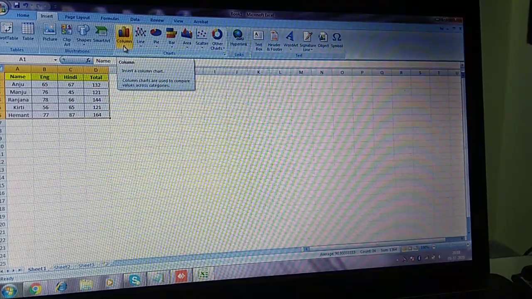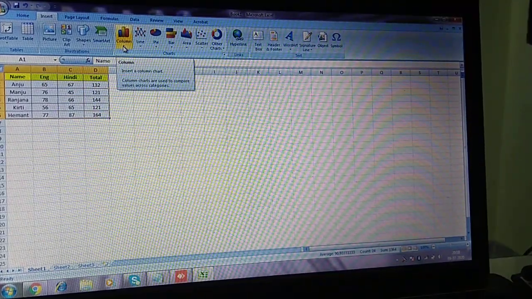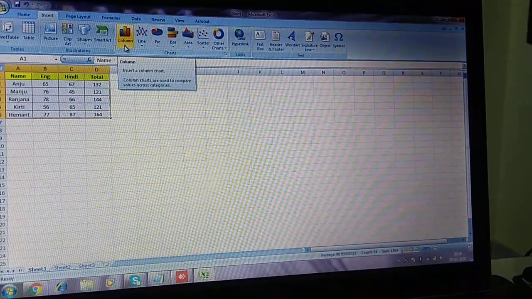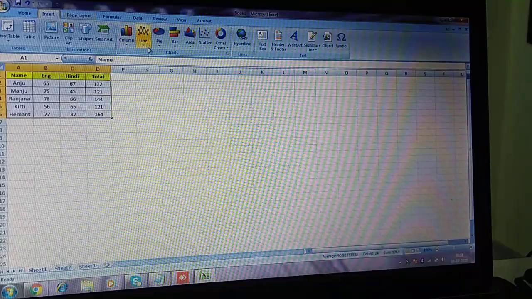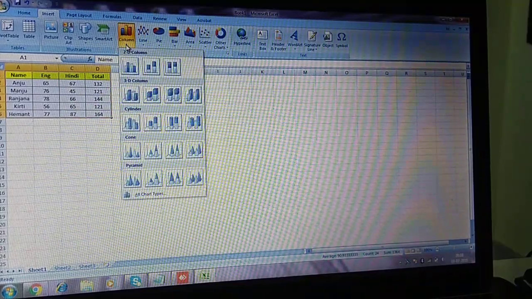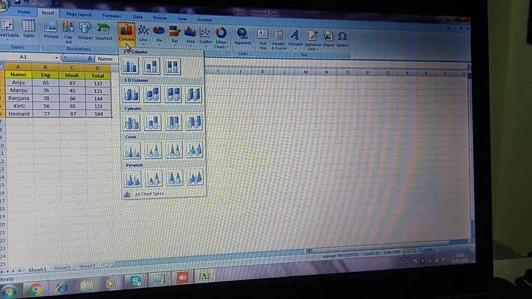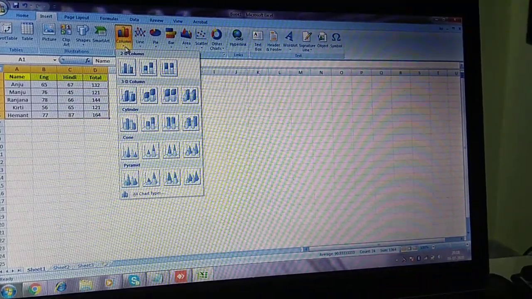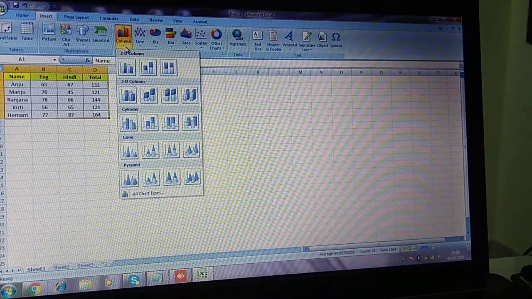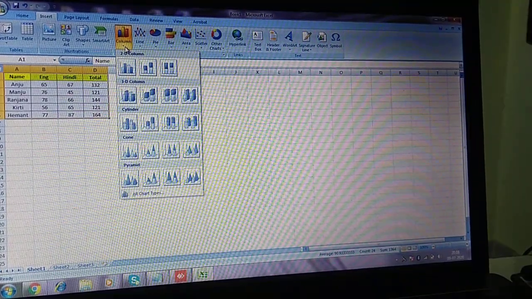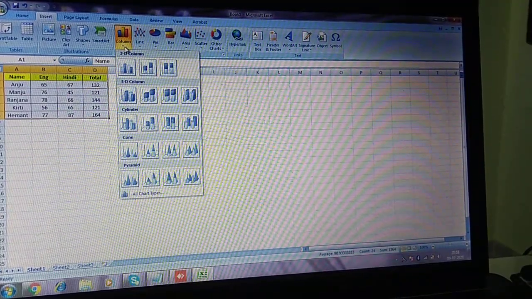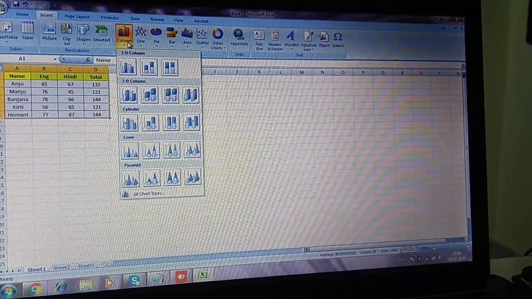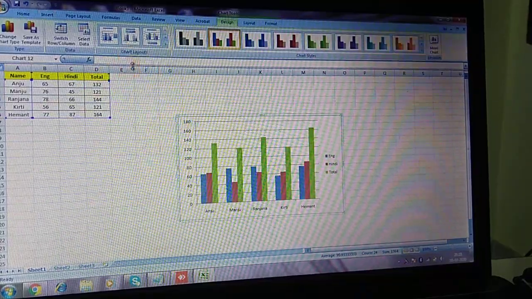The main difference is that, and the column chart is the default chart of MS Excel and it is very easy to depict all the data in the column chart. Okay, so we will go in the insert tab, then we will click column here. Then here also the same options are there. Means in every chart type we have the same options, like the chart will be in 2D, in 3D form, or in cylinder form, or in cone form, or in pyramid form. So we will see 2D here. So I will select the 2D chart here.